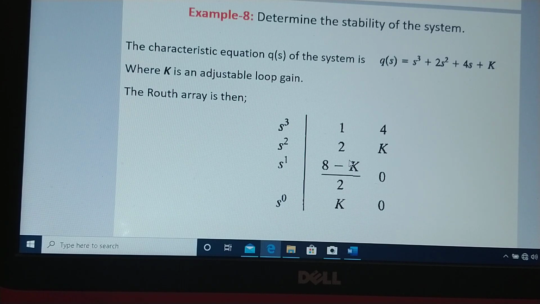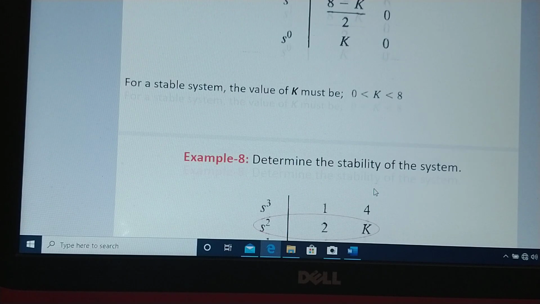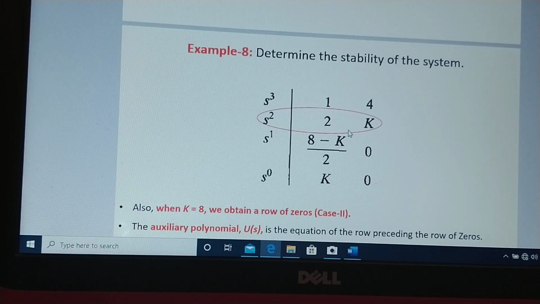How to determine the stability? For example, we take Qs is equal to s2 plus 2s plus 4 plus k. If we see here in this case 1 4 2k